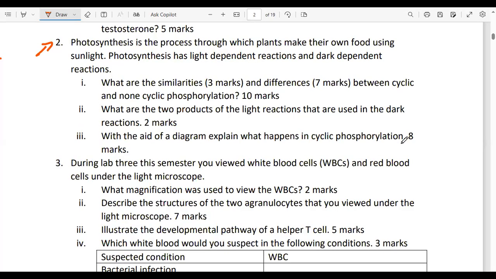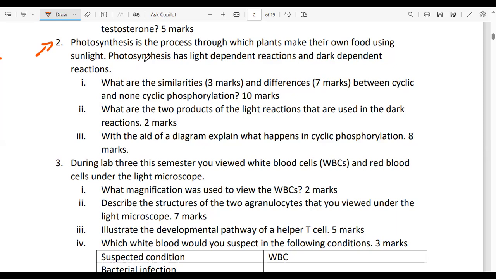Okay, so let us look at question 2, which is on photosynthesis. They're saying photosynthesis is the process through which plants make their own food using sunlight. Photosynthesis has light-dependent reactions and dark-dependent reactions. Now the question is, what are the similarities and differences between the cyclic and non-cyclic